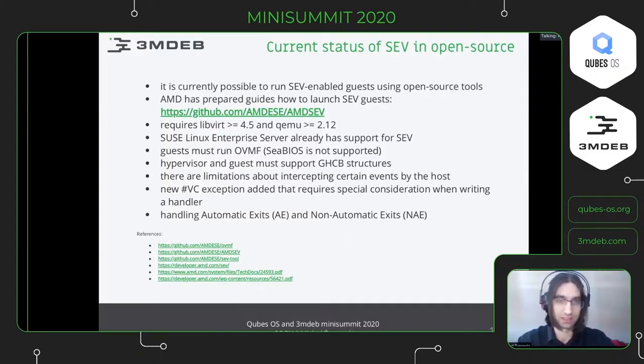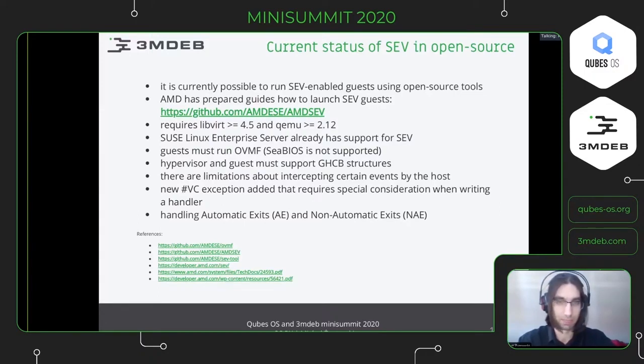The requirements are as follows. You have to have libvirt at version 4.5 and QEMU at least of version 2.12. Additionally, SUSE Linux Enterprise Server already natively supports SEV. Moreover, the guest must run OVMF.